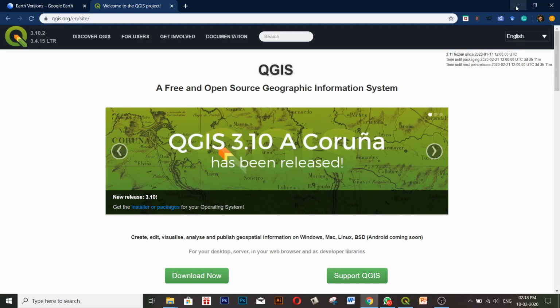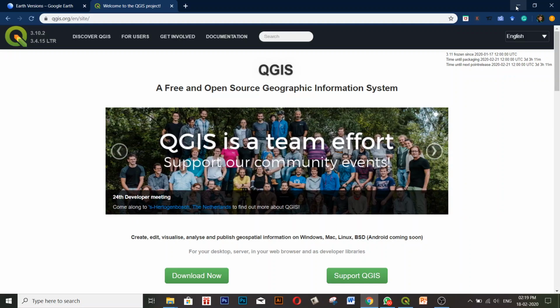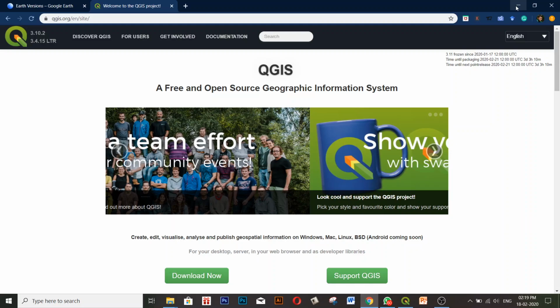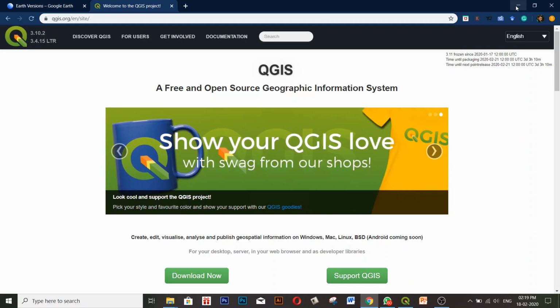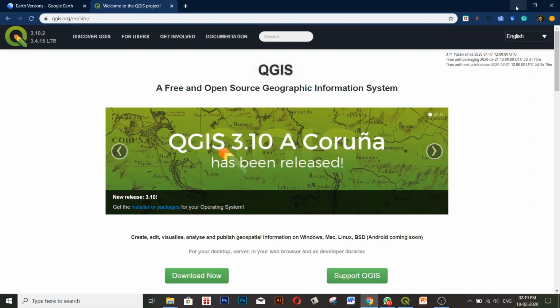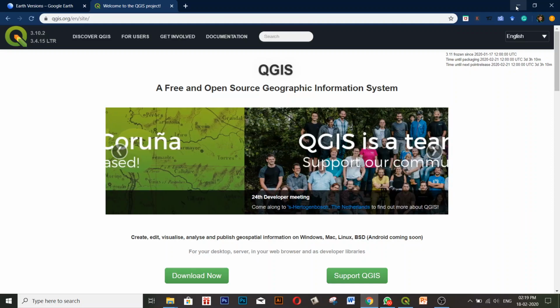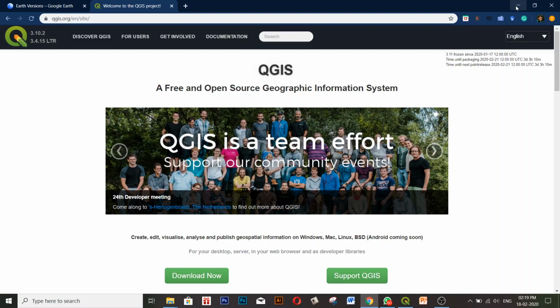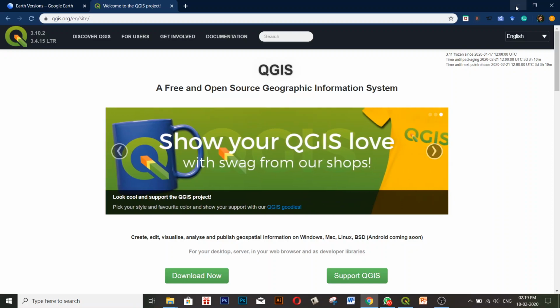Today this tutorial is on map making in QGIS from Google Earth Pro. Without having much expertise in GIS, you can create basic maps using Google Earth Pro and QGIS. Remember, you need Google Earth Pro for this